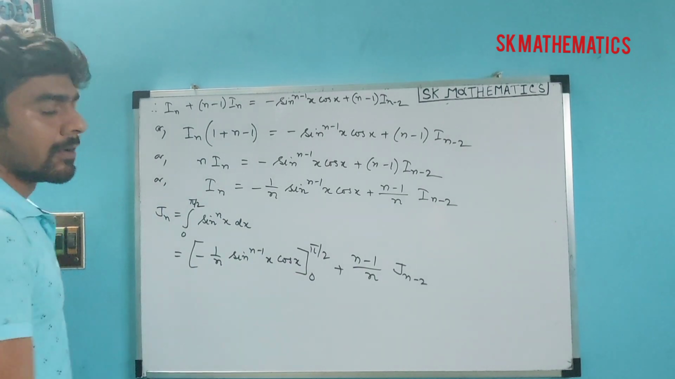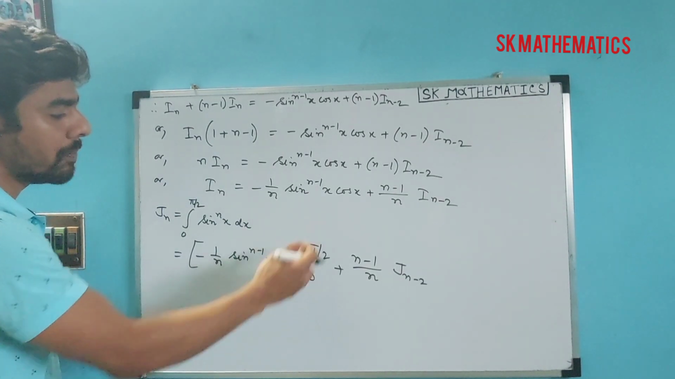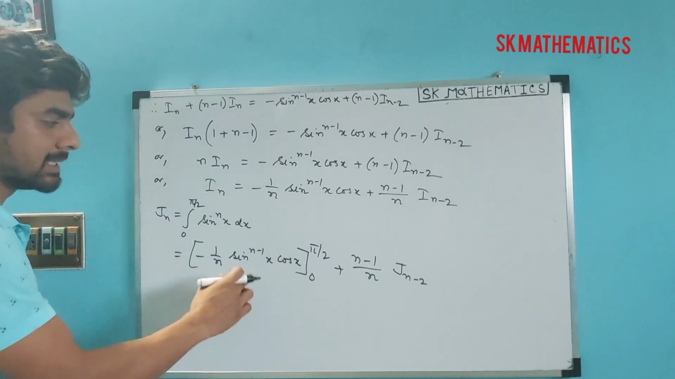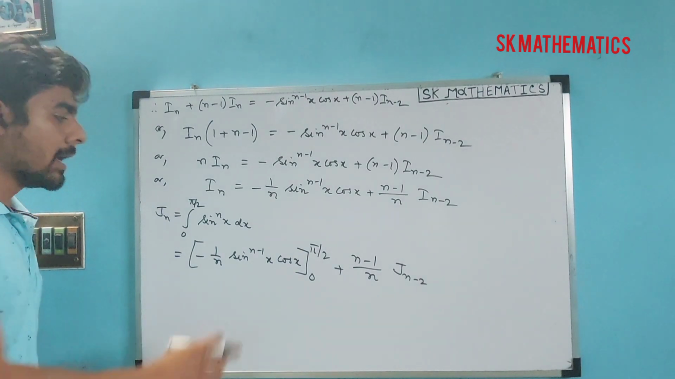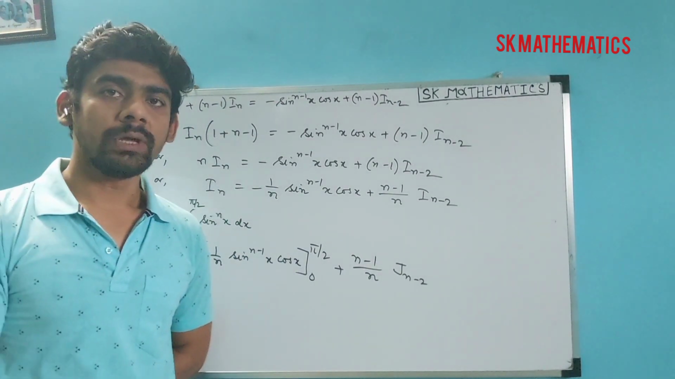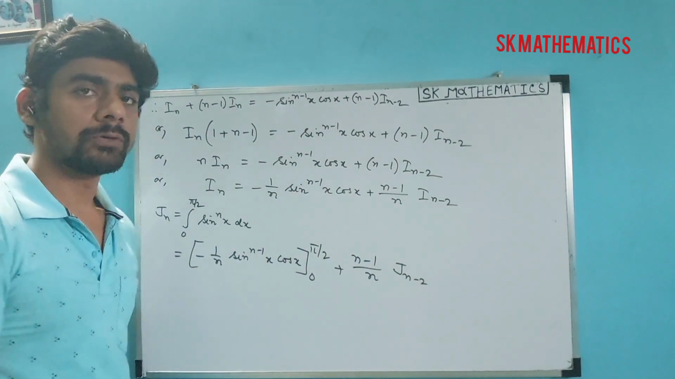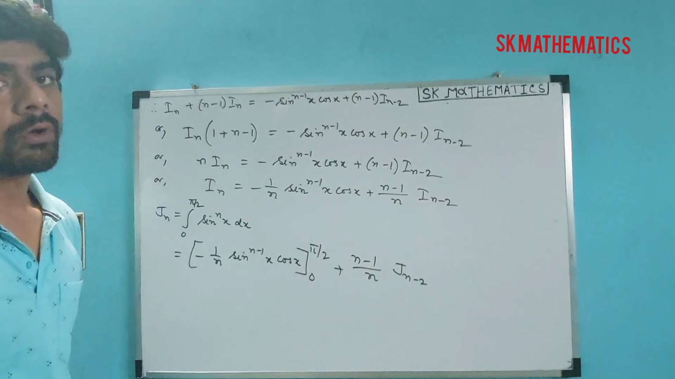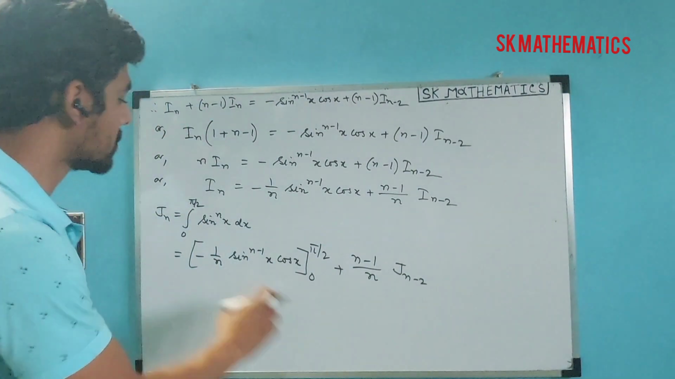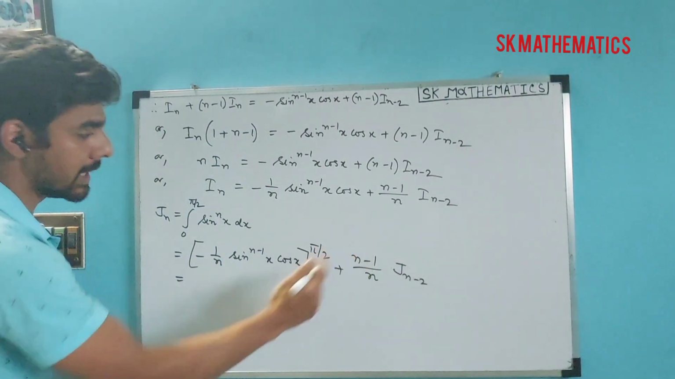Now for this part, from 0 to pi by 2 we will get 0, because sin 0 equals 0 and cos pi by 2 is also equal to 0. So we will get both limits 0. So this part is equal to 0 and we will get only the